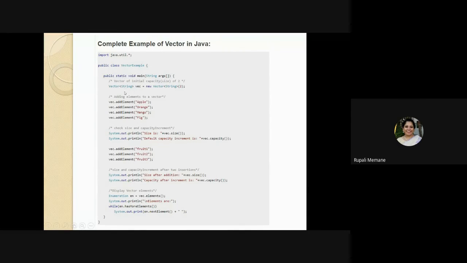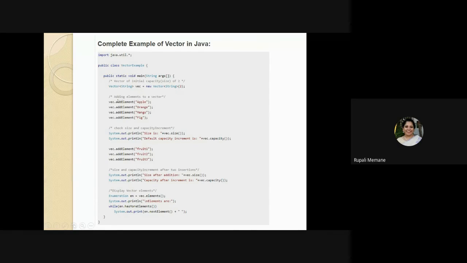Then you look at here. Now what is this constructor? This is a default constructor. That means Vector. Then what data type do I need to specify? This is String. This is the identifier vec. So an object vec of Vector String type has been created with new Vector, and I have specified the size here. So this will have only 2, the capacity. Now here look at this, vector of initial capacity size 2. So here I have specified the capacity of that.